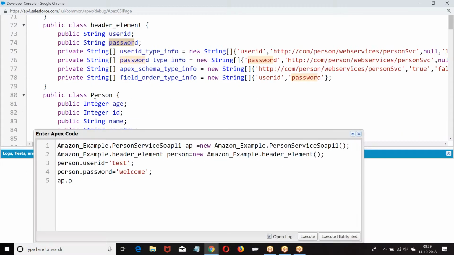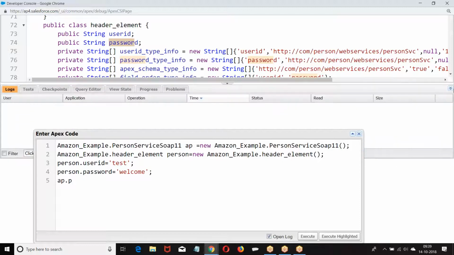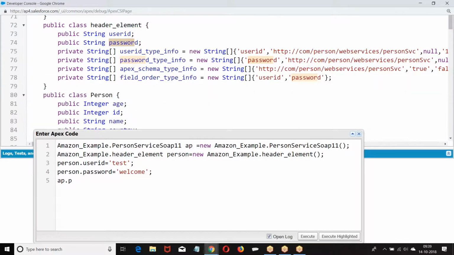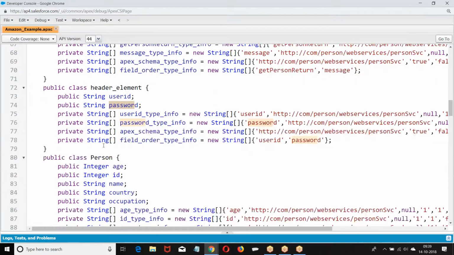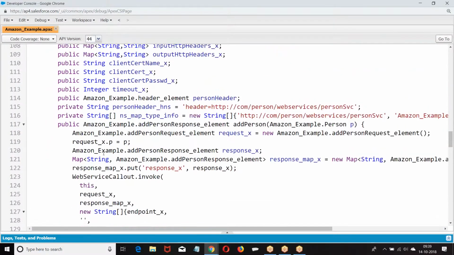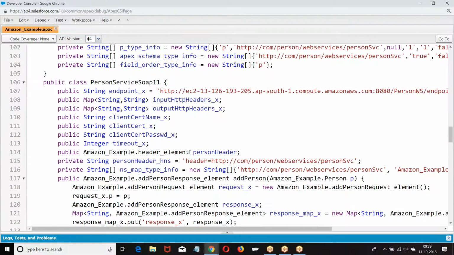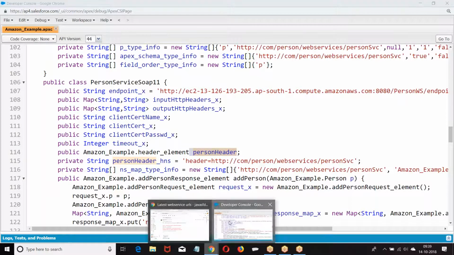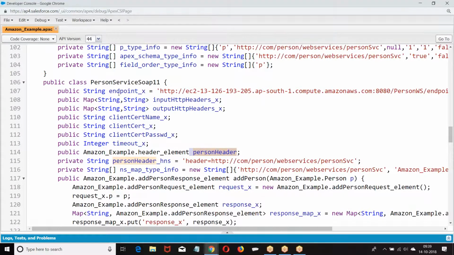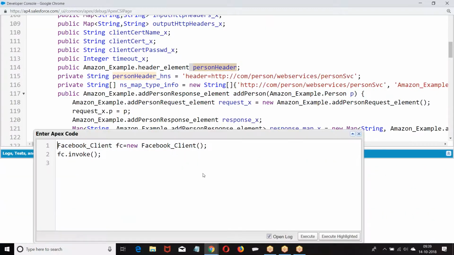Now, what should I do? After creating the header element, whatever header element I created, I have to add to this. Person header equal to, that's the code.